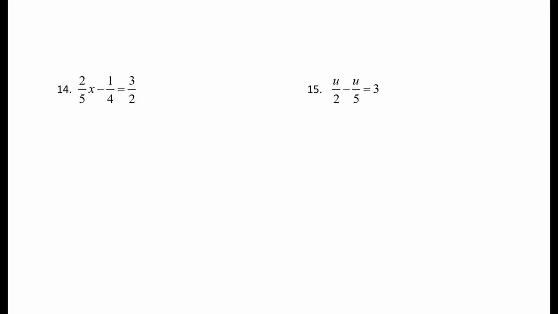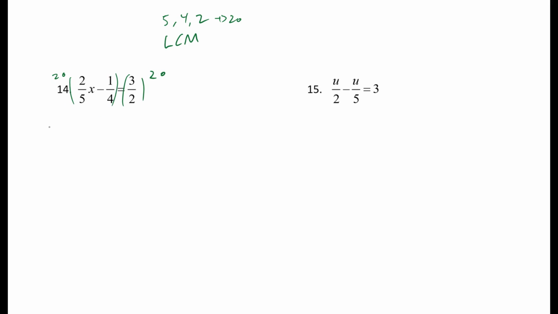Here we have some fractions. There's different strategies for dealing with these fractions. A lot of times I just like to multiply through by a least common multiple to get rid of those fractions. So again, it's the idea of finding what's the smallest number that both 5, 4, and 2 will go into. And we'll see that 20 is the best number for that. So what we can actually do is just start off by multiplying both sides by 20,